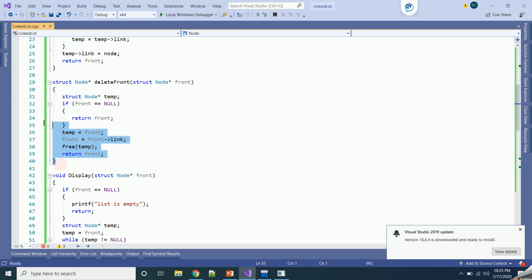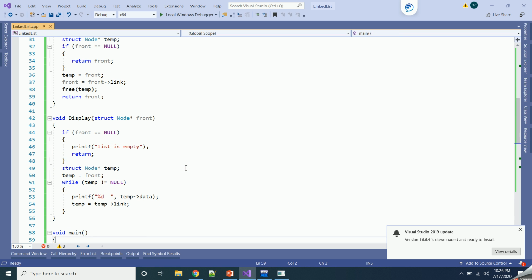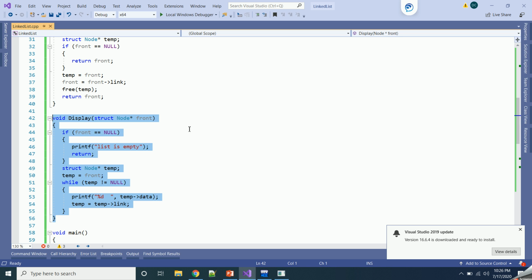Next we have a delete function, which allows us to delete an element from the front or start of a linked list, and this display function will display the contents of a linked list. I have explained all these functions in great detail in my other lectures, so I'll be giving the links of those lectures where you can learn to write these codes by yourself.